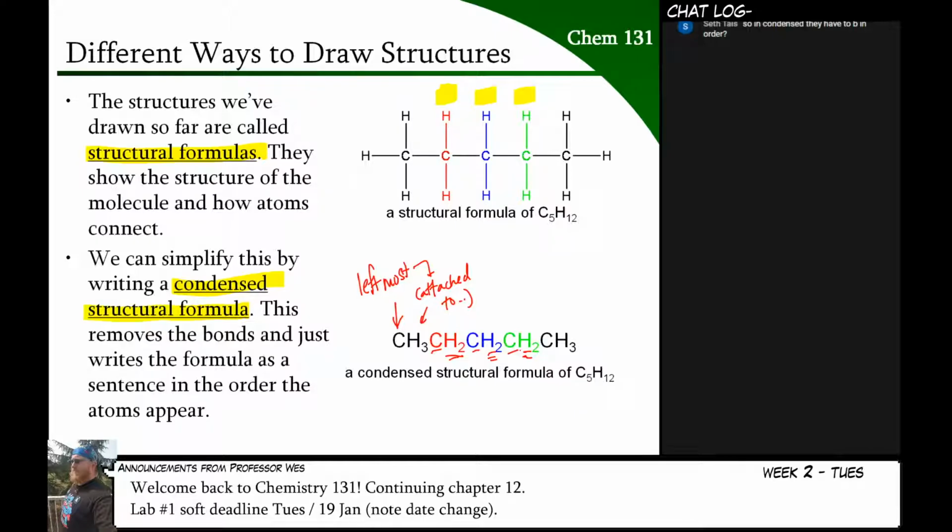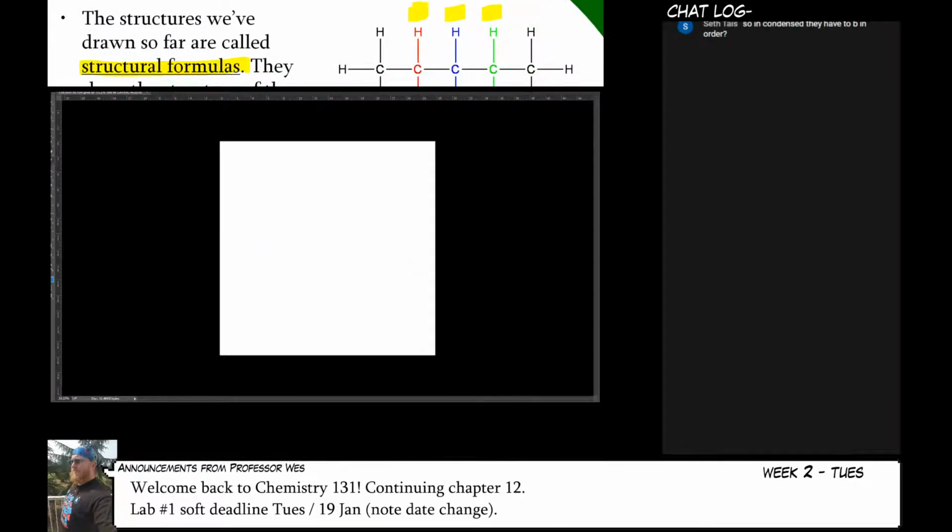Now, if you have branches for atoms that are not hydrogen, then this gets a little more complicated. For the most part, you just simply write them in. So if I had this molecule instead,